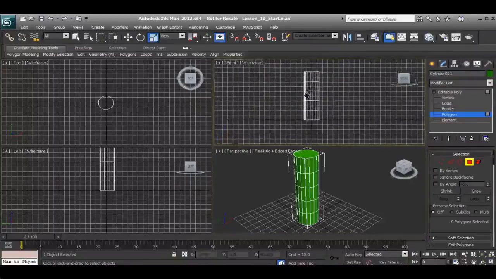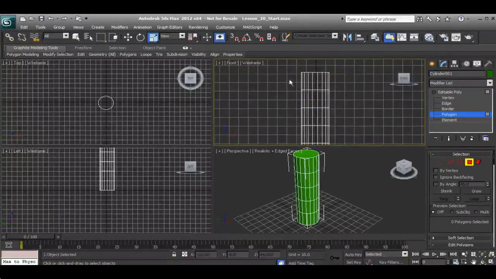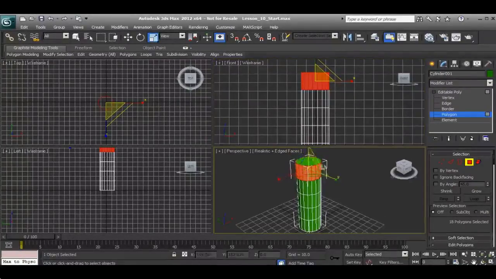So what I want to do is go to my front view, and I just want to go ahead and select just this row of polygons. I'm just holding down my left mouse button and doing that marquee selection. So what I've done is selected just this top row of polygons here, and we're going to go down to